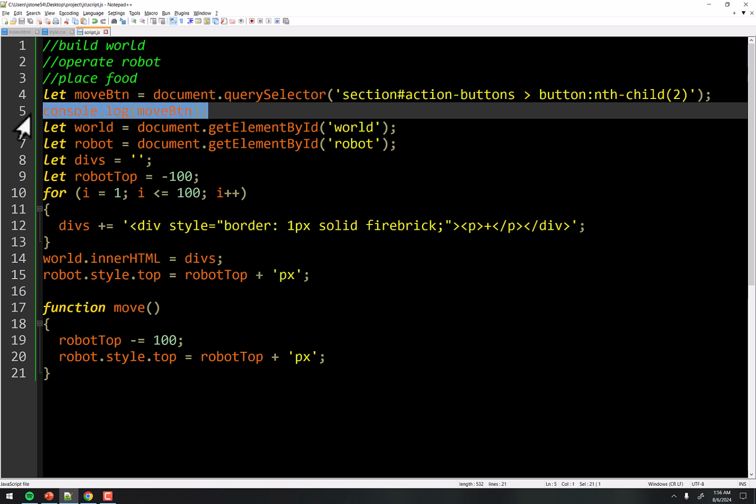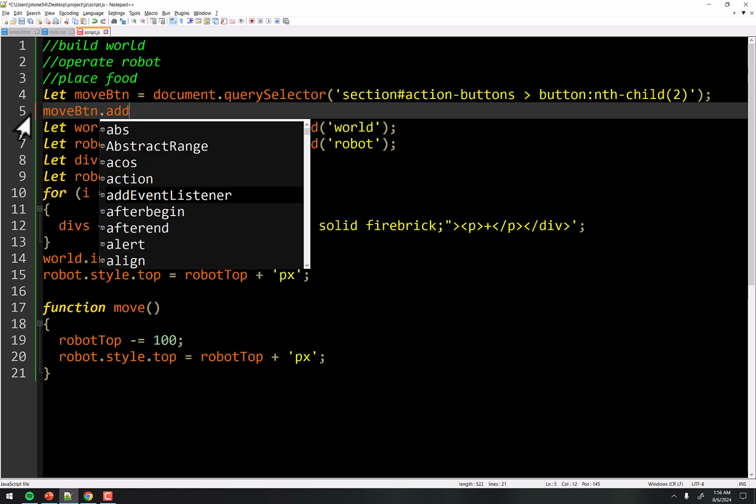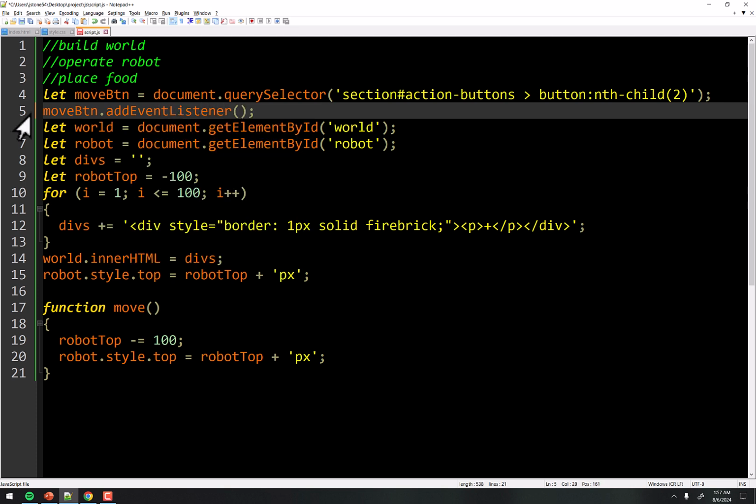Well, now what I can do to that move button, say move button dot add event listener. Now this is really the first new thing we've done today, right? Everything else is stuff we've looked at in previous lectures. So this is the first brand new thing, which is adding an event listener. Now the event listener takes in a couple of parameters that are required, and there's at least one other one that's not required, but the two that are required, the first one is what is the event I'm listening for? All this button is doing is sitting there and it's listening for events. Well, remember, when somebody clicks on it, an event will be fired. So we're listening for a click event, right? So click.